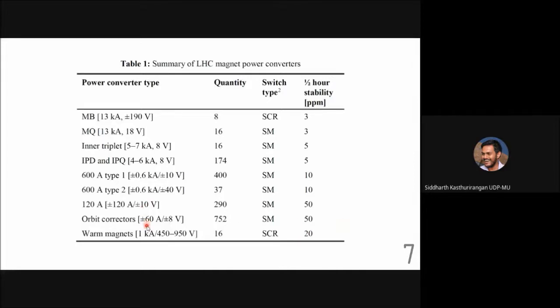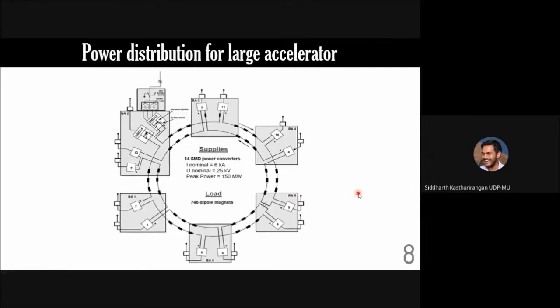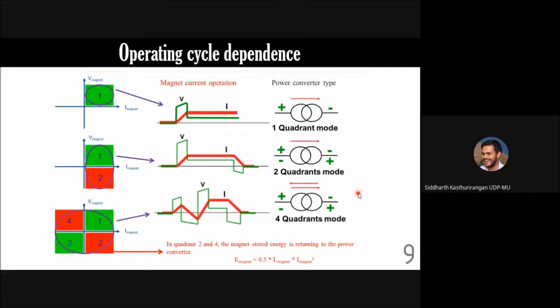You see, when you need both to be bipolar, these are orbit correctors which you may need to operate in both positive current, negative current, everything you may need. Whereas the ones with only the positive voltage but no need for the negative current, these are normal bending type of magnets which will not need the negative current, because you just need to ramp it up and ramp down and nothing else. Just for illustrative purpose I am pointing this out. Okay.